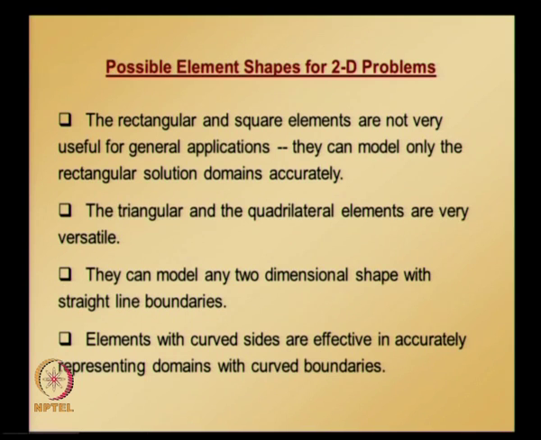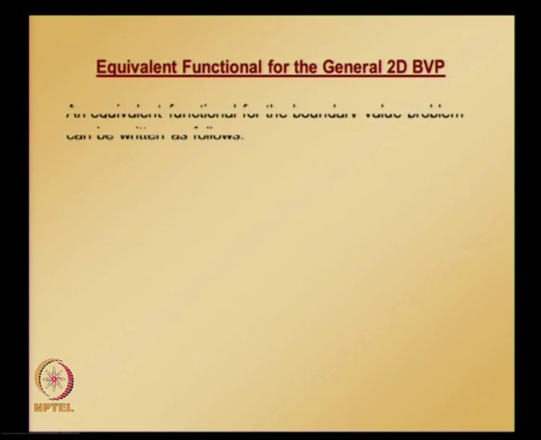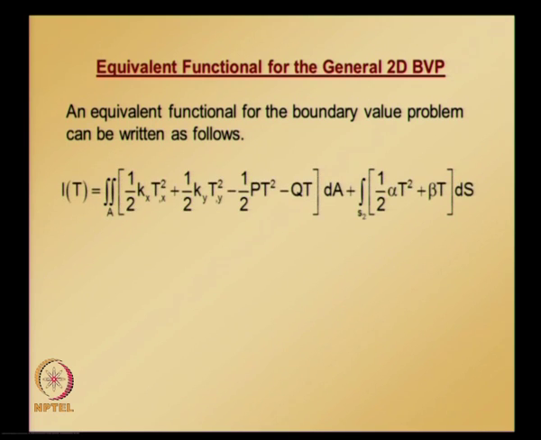So now let us look at the equivalent functional for the general 2 dimensional boundary value problem statement that we already noted. And before that, these are the possible shapes for 2 dimensional elements: triangle, rectangle, square, quadrilateral, triangle with curved edges, quadrilateral with curved edges. So the equivalent functional for the boundary value problem that we already noted can be written as given here,